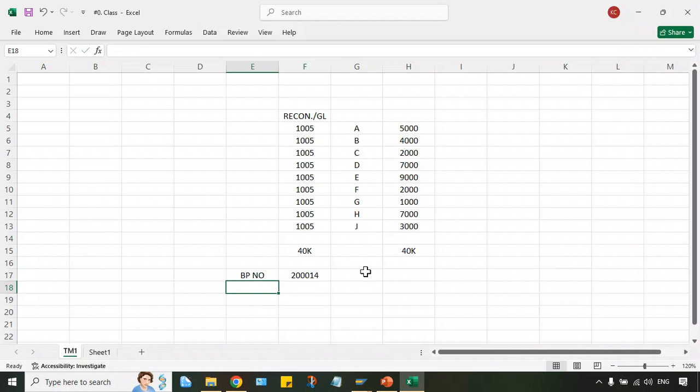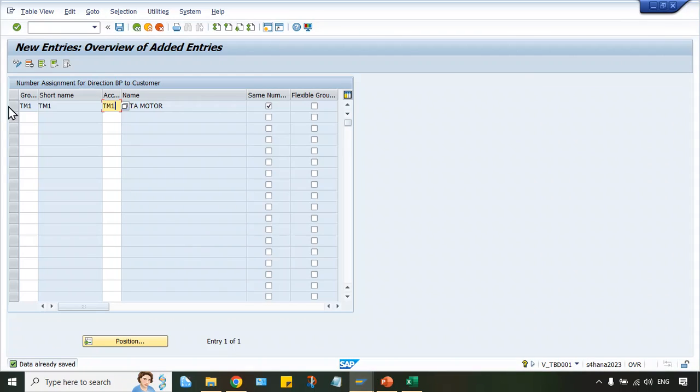The moment we save, first of all the BP number will be generated and the same number will be copied, and even the customer number becomes the same. That's the reason I have linked the BP account group and customer account group together and applied a check mark for same number. I need the BP number and customer number to be the same. It should not be different.